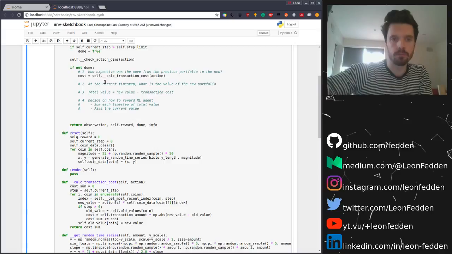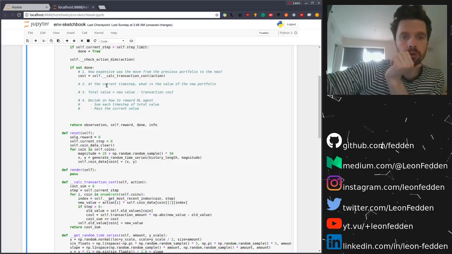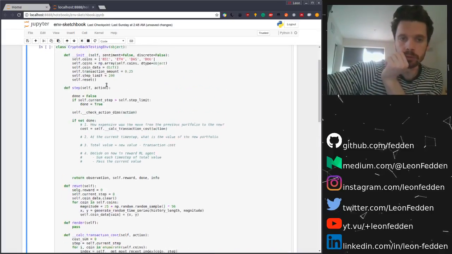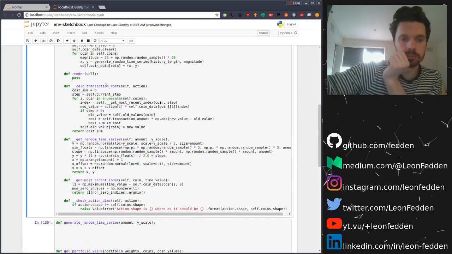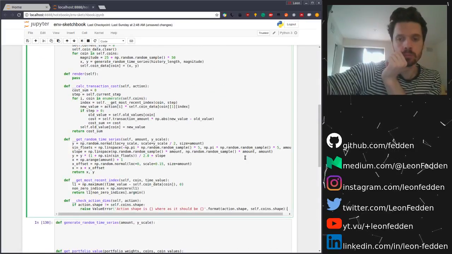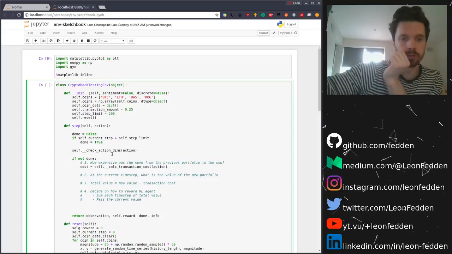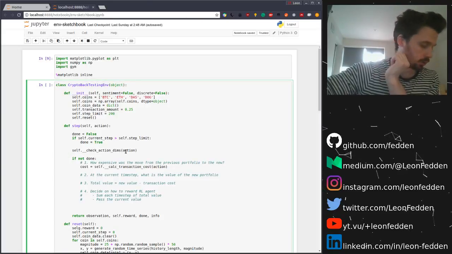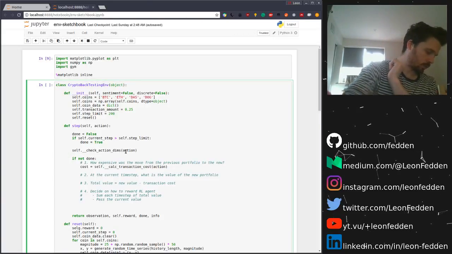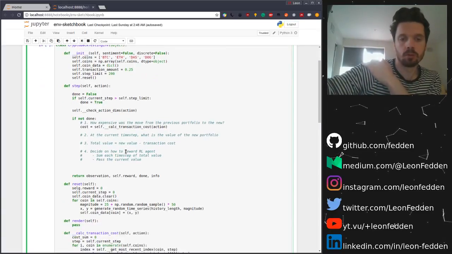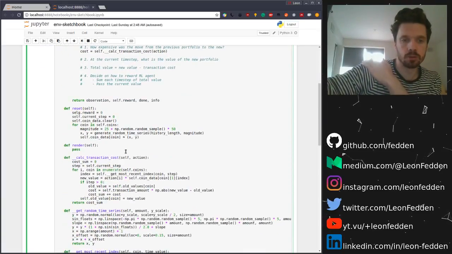So let's implement number 2. At the current time step, what is the value of the new portfolio? So what do we have to represent the portfolio? The portfolio is the action, which is cool. So once we have the portfolio of the action,